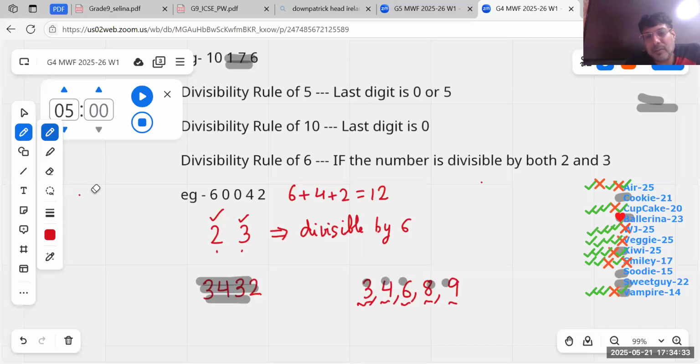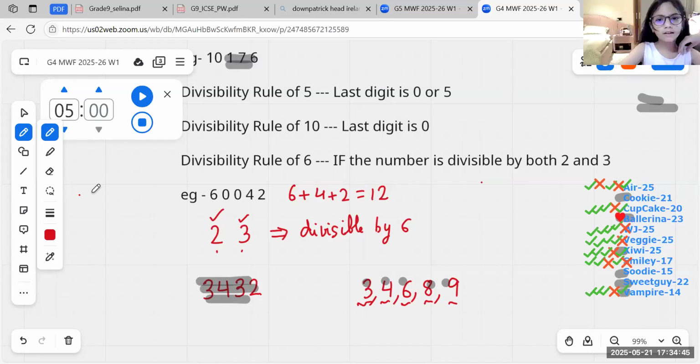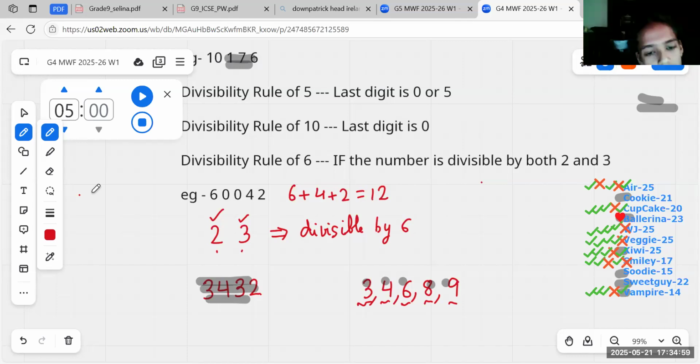Where is your mom, beta? Why are you not paying attention? I gave you 4 minutes for such an easy question. You didn't do it. You did it for 3. Is it divisible by 3? Yes or no? Shaira, I'm asking you, is this number divisible by 3? Did you solve it or not? Yes, sir. Is it divisible by 3 or not? Sir, it is. How do you know it is divisible by 3? Sir, because it is